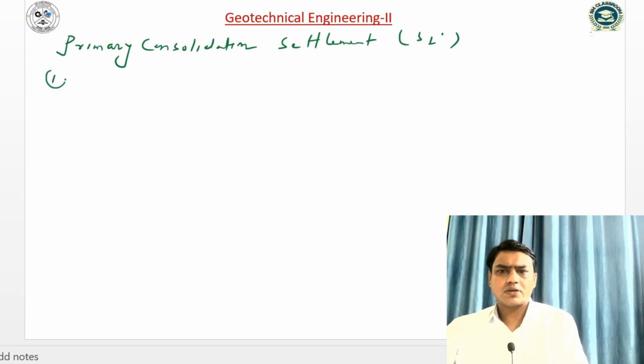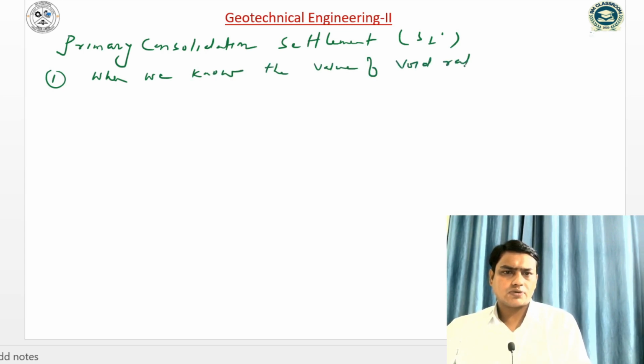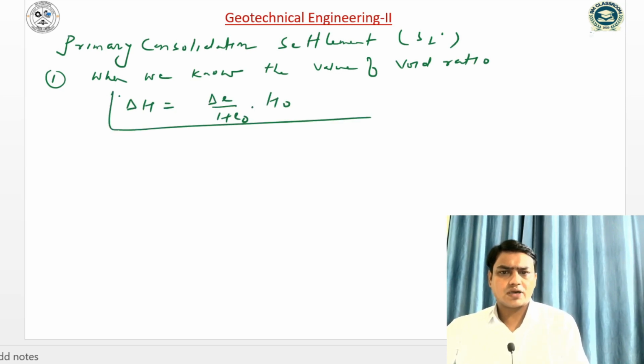The first case, when we know the value of void ratio. If the value of void ratio is known, we can compute delta H is equal to delta e by 1 plus e naught into H naught. With the help of this, we can compute the primary consolidation settlement, where delta e is the change in void ratio, e naught is the initial void ratio, and H naught is the thickness of clay layer,